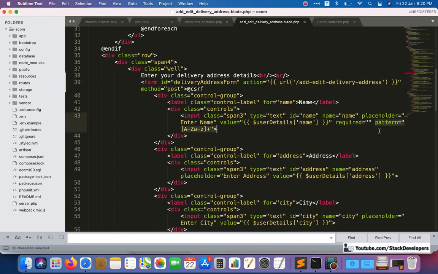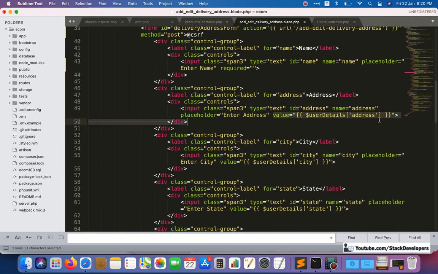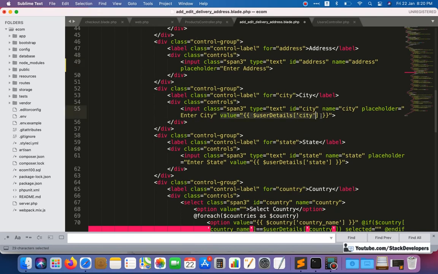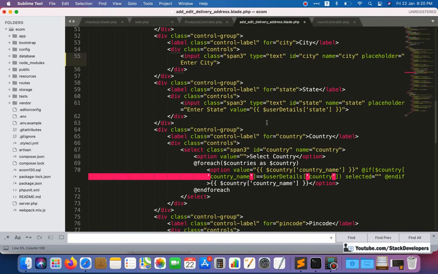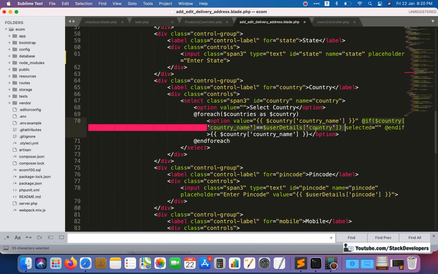And this one we can remove, and this one also not required in the add form. We will check it out later on, otherwise it will create an issue because we don't have the user details. See, user details will not come here, and we can remove this one.